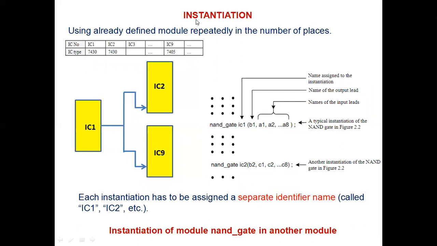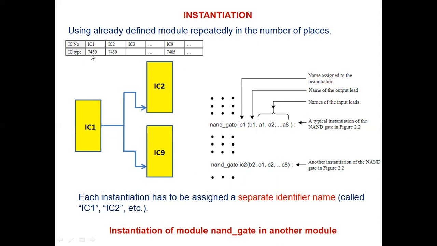That is nothing but instantiation. Once again I'm repeating, it is a very important concept. In this example I have given three ICs: 7430 IC1, 7430 IC2, 7405 IC9, and some structure I have defined here. Now I have to write a Verilog program for this.